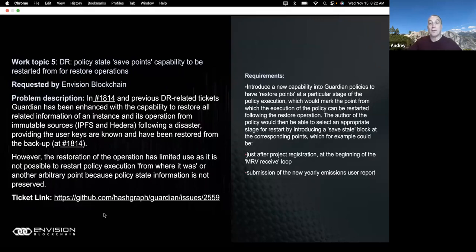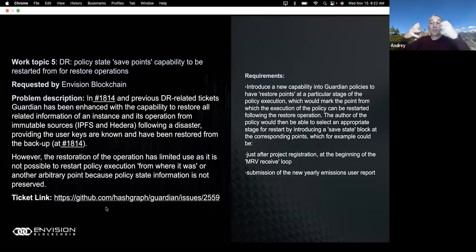If there is no backup, you can restore an instance of the Guardian from the data that's stored in the distributed storage in IPFS and Hedera, immutable distributed storage. But there are some limitations there.